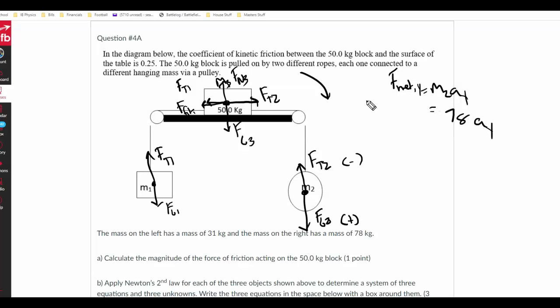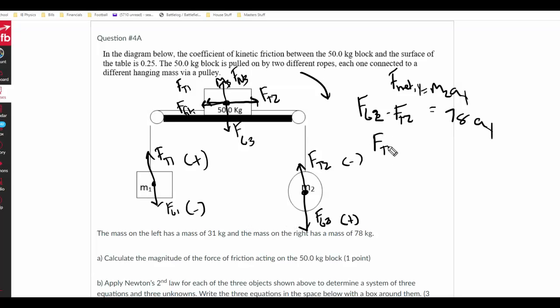I write in the sum of the forces, and then I have Fg3 minus Ft2. The minus sign is important, okay, because all my clockwise forces are positive. Which also means, by the way, this force is positive and this one is negative. Okay, so I do the exact same thing for mass 1, and I am going to get, let's see, I don't know why I did Fg3, that should be Fg2. Sorry about that. I'm going to do the exact same thing for mass 1, and if I do that, I